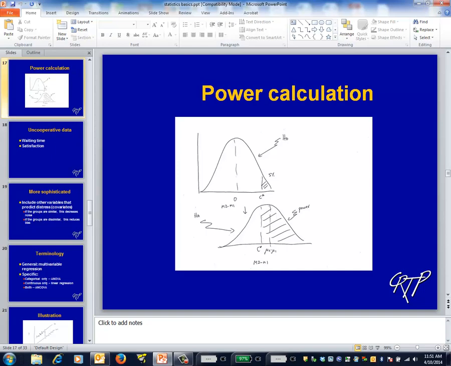The only thing that the null hypothesis is used for in the power calculation is to find that cut point, C star. The power calculation assumes that the true group means differ by a certain amount, ideally the minimum clinically important difference. That's why the lower curve is centered around mu2 minus mu1 rather than 0. The power is based on the area of the lower curve that's to the right of C star. Power increases with increasing sample sizes and with increasing effect sizes,